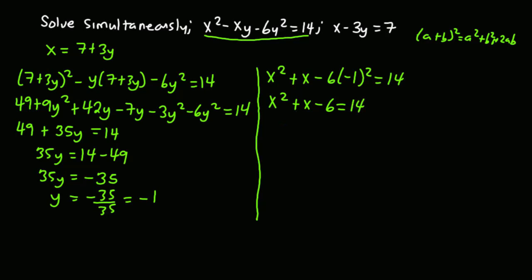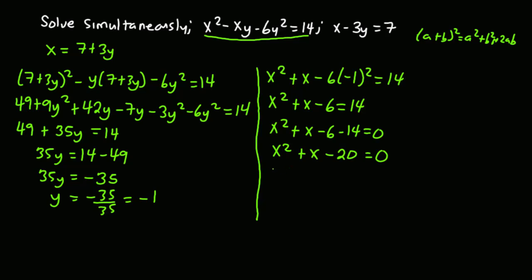This is a quadratic equation, so the right hand side must be 0. So this will give x squared plus x minus 6 minus 14, which is equal to 0. And so we'll have x squared plus x minus 20 is equal to 0. So let's see what we can do. We are looking for values that when we multiply we'll get -20, but when we add we get +1. So I believe these values are